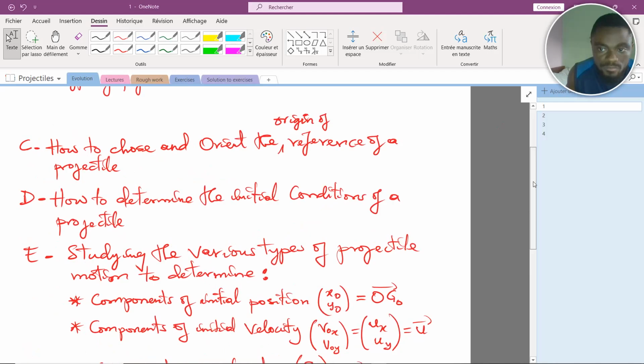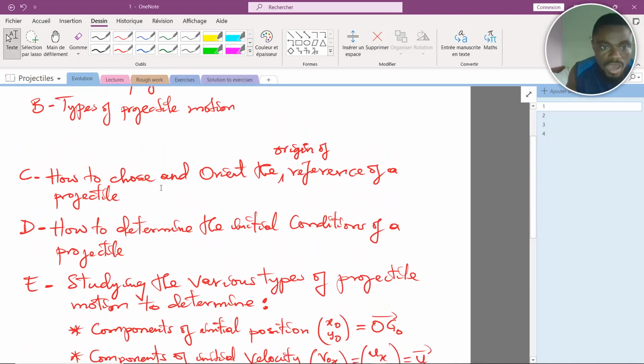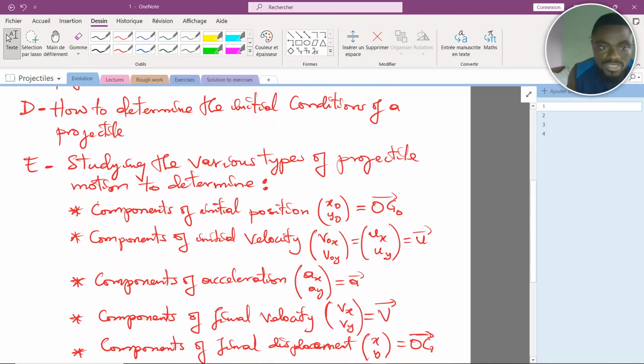From there, we shall see how to choose and orient the origin of reference of a projectile, because it's very important when you are studying projectile motion. We're going to see how to determine the initial conditions of a projectile. It's also very important. And finally, we shall end up by studying the various types of projectile motions in order to determine